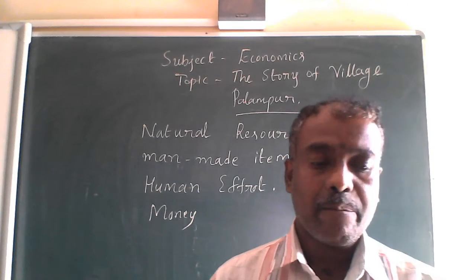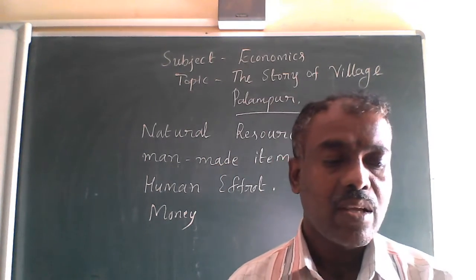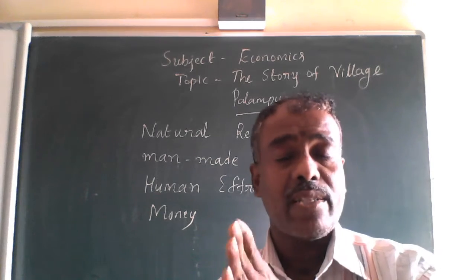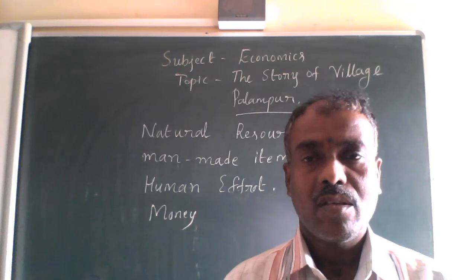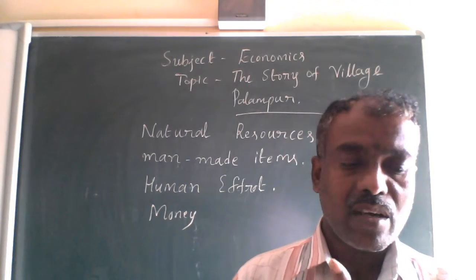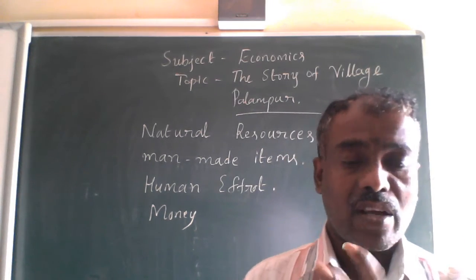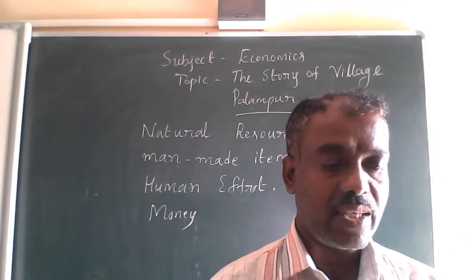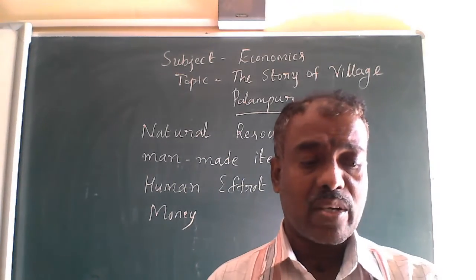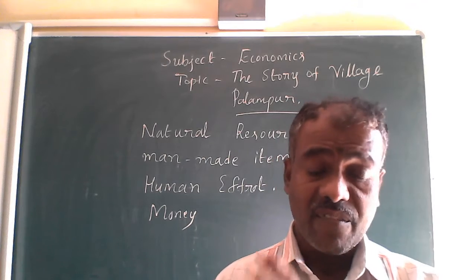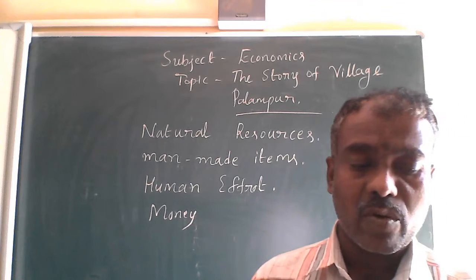There is a big village called Raiganj. It is 3 kilometers from Palampur. Just imagine, the distance between Raiganj and Palampur is only about 3 kilometers. It is one of the biggest villages. An all-weather road connects the village to Raiganj and then further on to the nearest small town. There is the small town, Shahpur.